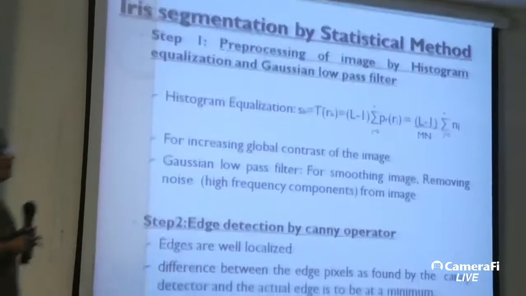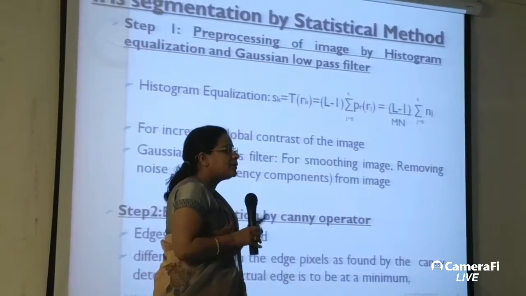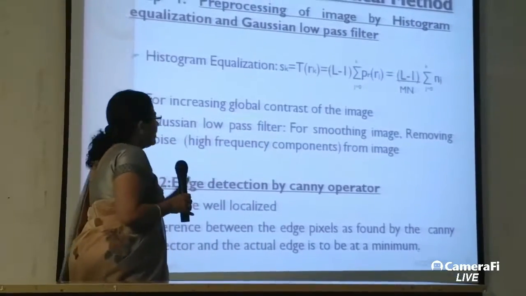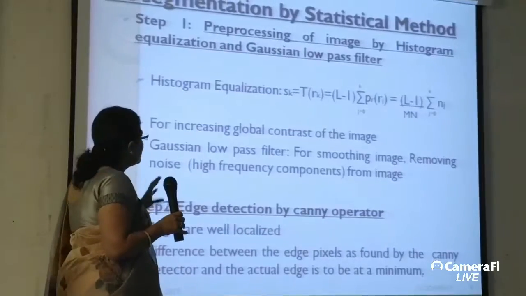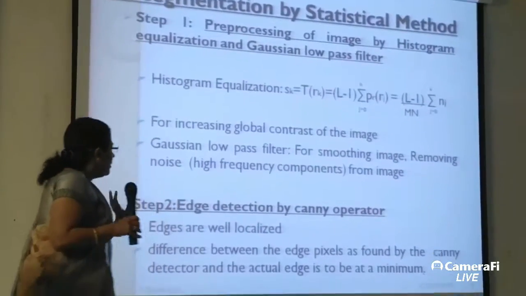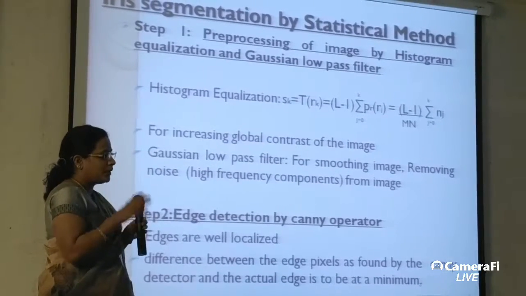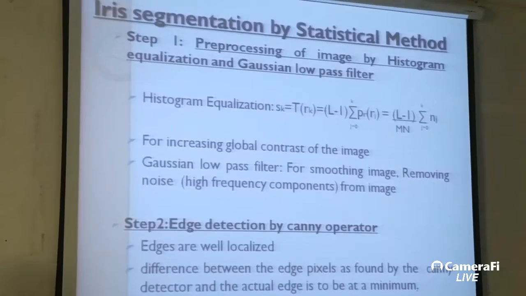I have implemented two methods for iris segmentation. The first method is the statistical method, which is purely based on the geometry of the image. What I have done is, first the image is pre-processed by using histogram equalization as well as a Gaussian low pass filter, and then the Canny edge operator is used to generate the edge image. After that, when the edge image is generated,